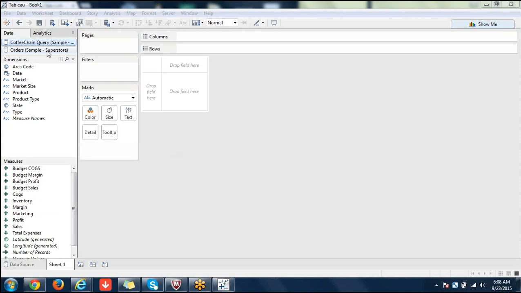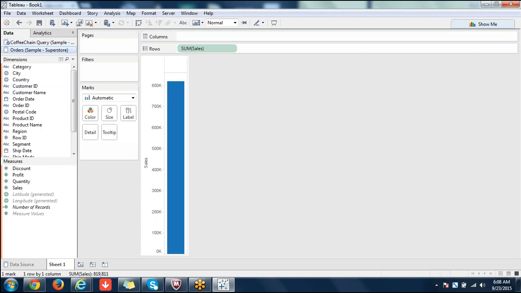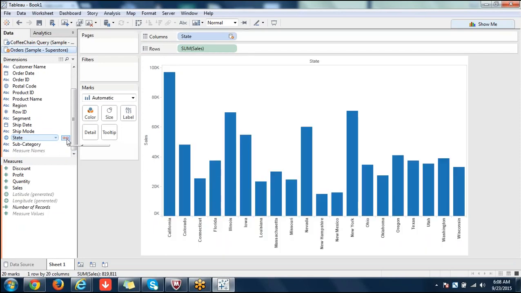Now, to prove that I'm using both data sources, you select columns from both data sources like this. For example, now coffee chain is selected, and that has become primary. You can see that with the blue tick mark. When I go to orders and select state, blending has happened already because the name is the same for state, the format is the same, and values will be matching. That's why it has blended on state.